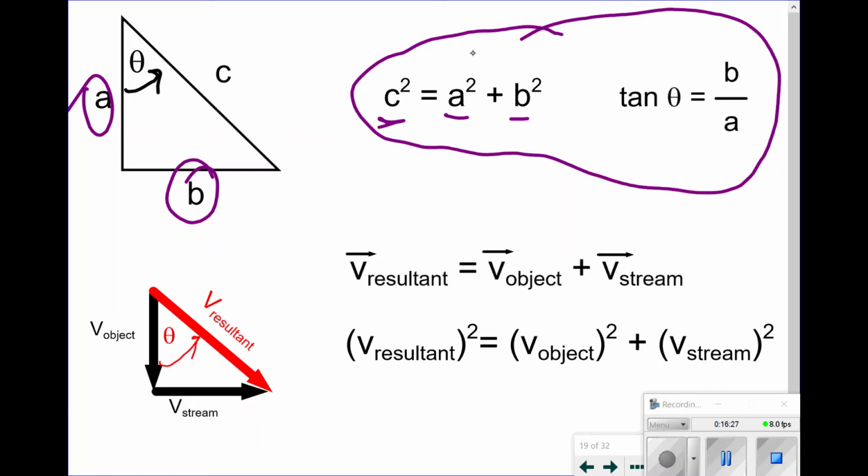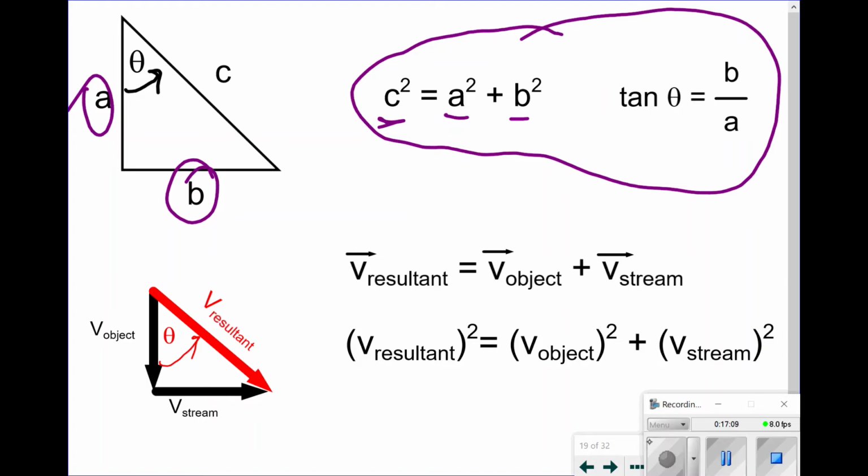A major problem that people run into is the assumption that my resultant is always the hypotenuse. We will see situations where the resultant may not be the hypotenuse. It might actually be a shorter side of the triangle. This is why it's very important to always draw out what your vectors look like and arrange them tip to tail. Even if you're not going to use a scale diagram, you need to have it drawn out to make sure that when you're solving for your resultant, you're solving for the right leg of the triangle. Not only that, but sometimes